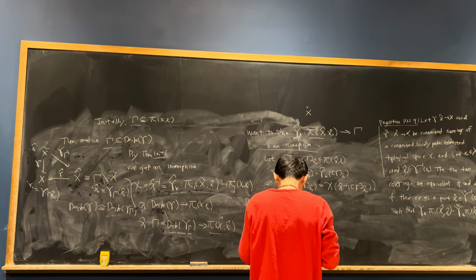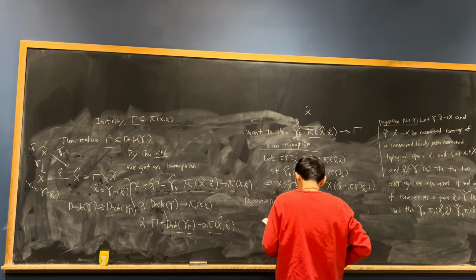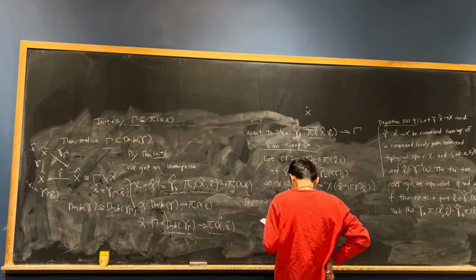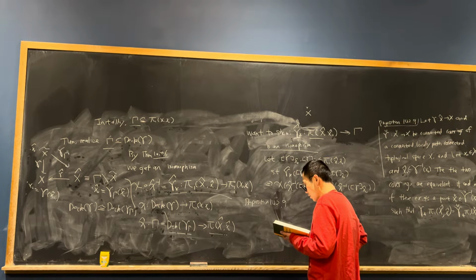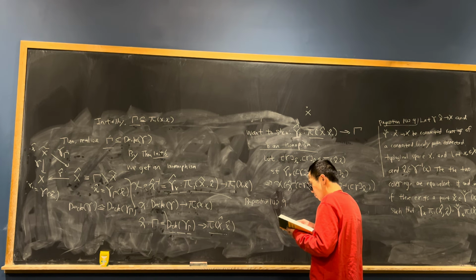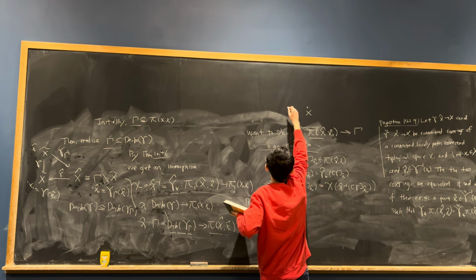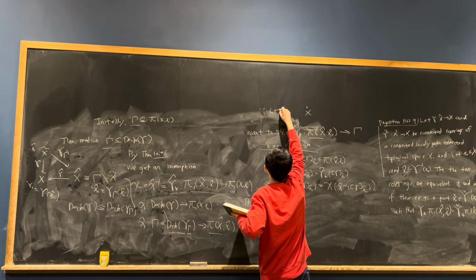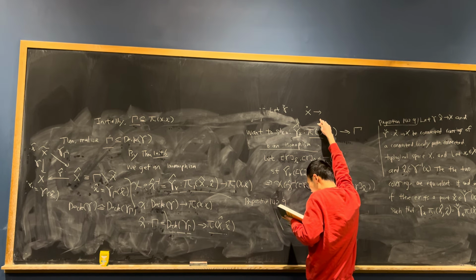There is a unique covering space because if you have another covering space from this X check to X, with the covering map, let's say gamma check,